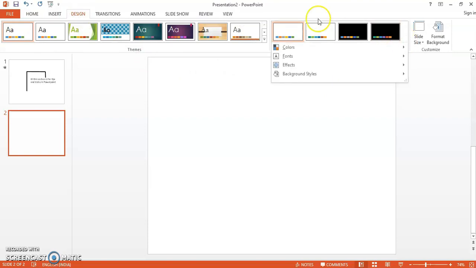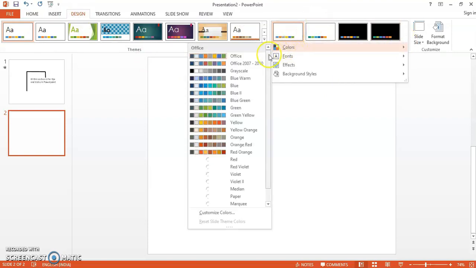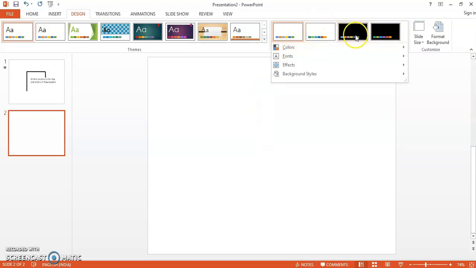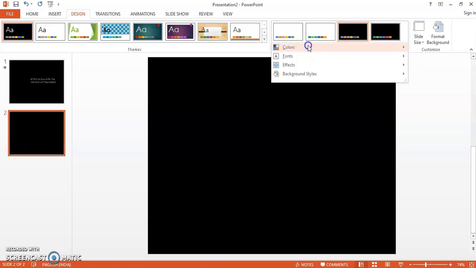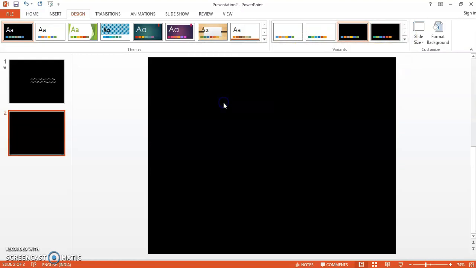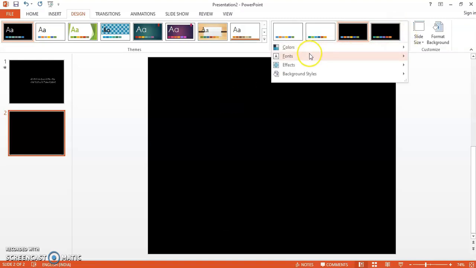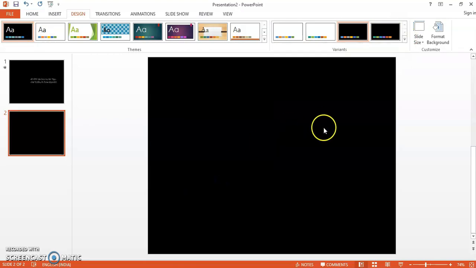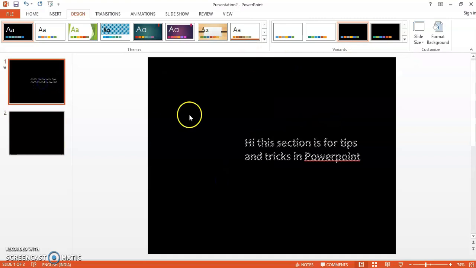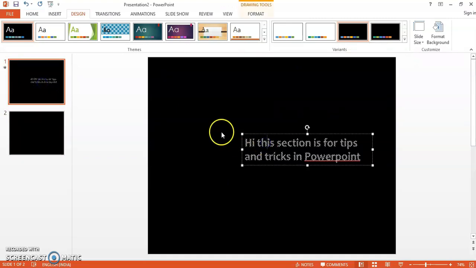It is a tab and menu, wherein you will find all these options. You can see the color options. If you choose a black one, and then choose a color theme, maybe blue green, this will come in the form of text and all these things, fonts. These are the font effects that you can choose by default for your text. For example, on this slide I had this text, but if you remember, there was a frame also, something related to animation that I wanted to put.